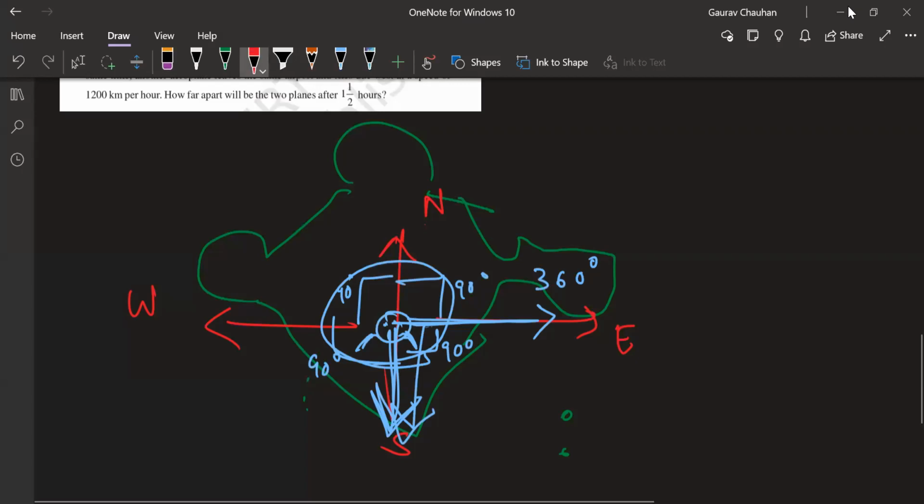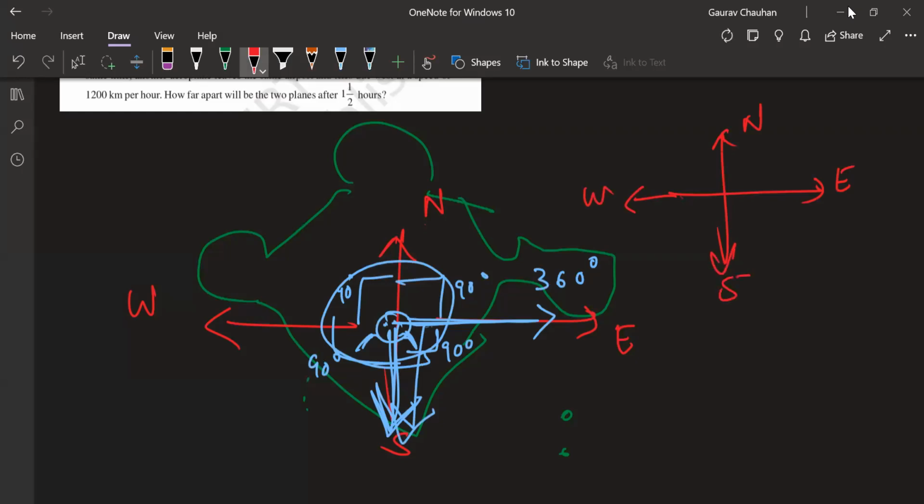This thing where north is, from there where east is, where west is, where south is, it should be imprinted in your mind. There should be no confusion about this. This is like class 7th geography. Class 6th, 7th geography textbook contains this. But I understand if you are not yet comfortable with this, but this is a very, very important life skill, guys. It's not something important in maths at all. Maybe one question might come, but it's a life skill.